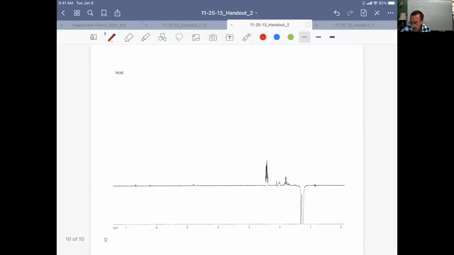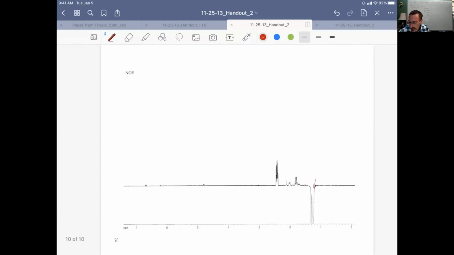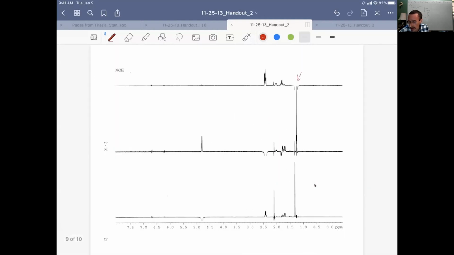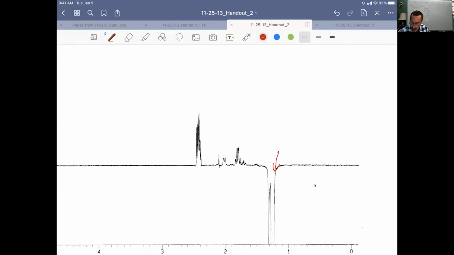We can see over here, so we're hitting primarily L. So this is just, I had plotted all of these on one page, but you can't see the peak that's being irradiated, which is right over here. So I've taken us here. So we're primarily hitting